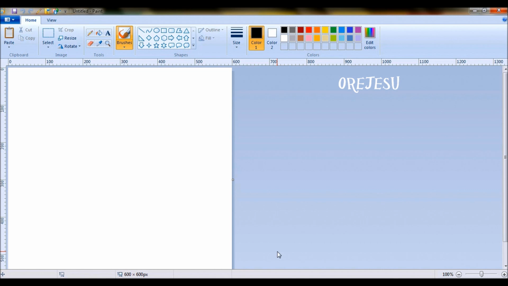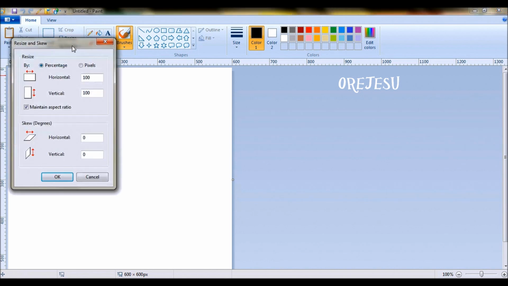This is another episode of how to make surface pattern designs using Microsoft Paint. So let's begin. The first thing we're going to do is to make a canvas. This white space here is a canvas, 600 pixel horizontal and 600 pixel vertical. You go to resize, click on pixel, untick maintain aspect ratio, put in the figures that you want, and you